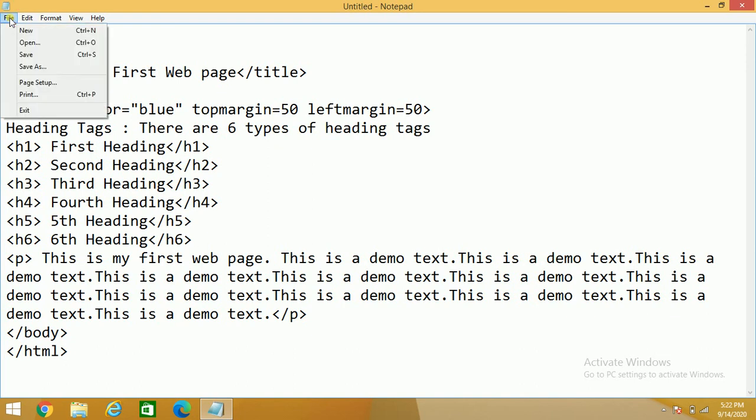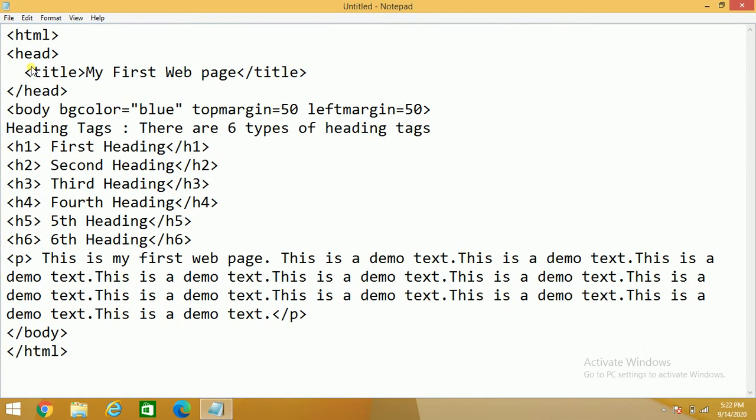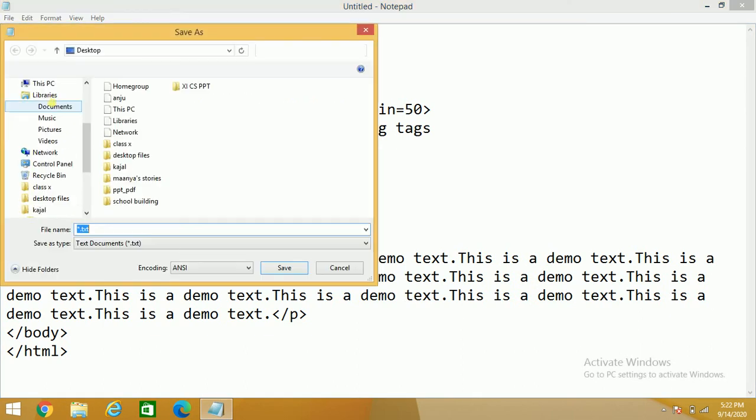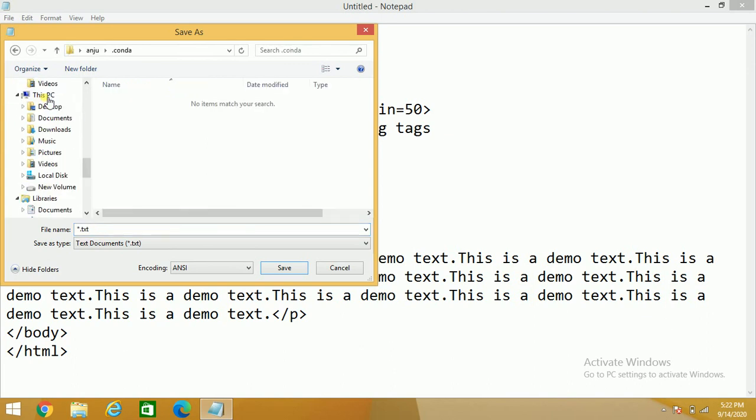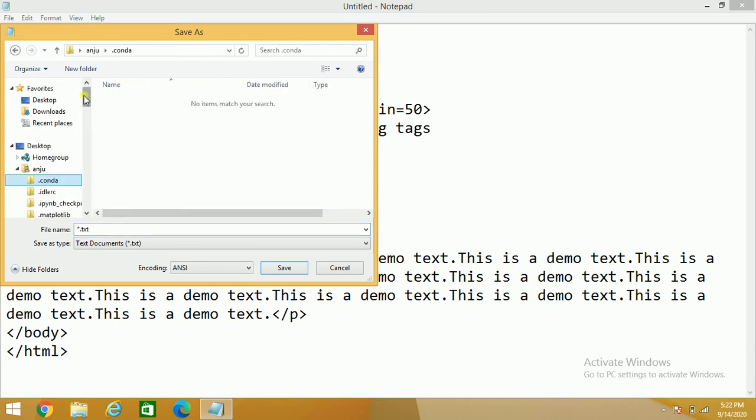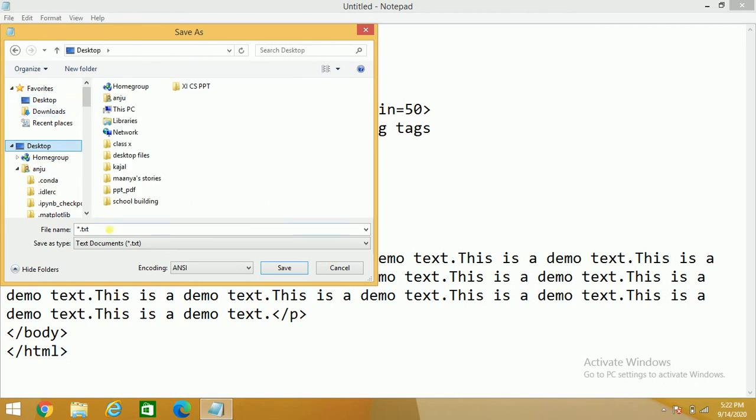So I'm going to click here on the file, then I will click on the save as option, and I will save this file on the desktop, and then I will write here my first web page .html.